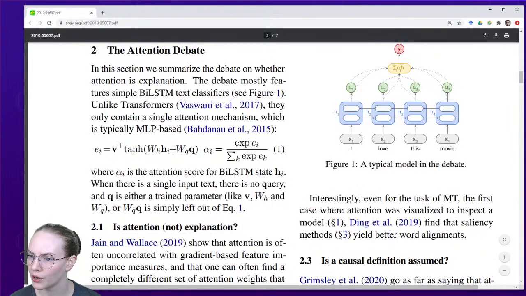So for each of these, I don't think this is an E. I think this is an epsilon. All right, so we have V. I don't know what this fat V means. And then transpose tan. And this is the query. Q is either a trained parameter, and WH is the